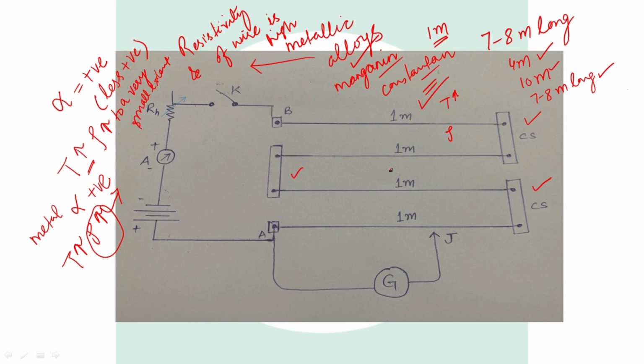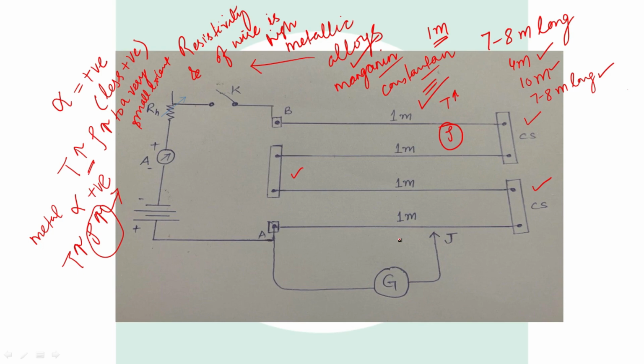Because when current flows through a circuit, the heating effect comes into play, so the temperature in the circuit will increase. When temperature increases, if we use copper wire here, the resistivity of the copper wire will increase, so we will not arrive at appropriate results for our experiment. That's why we use manganese or constantan, so that if temperature increases in the circuit, the resistivity of the wire increases to a very small extent. So we can say that when temperature increases, there is no effect on the resistivity of the wire.